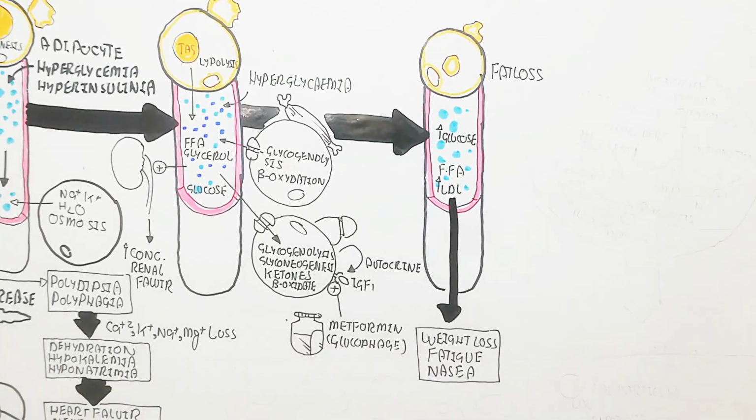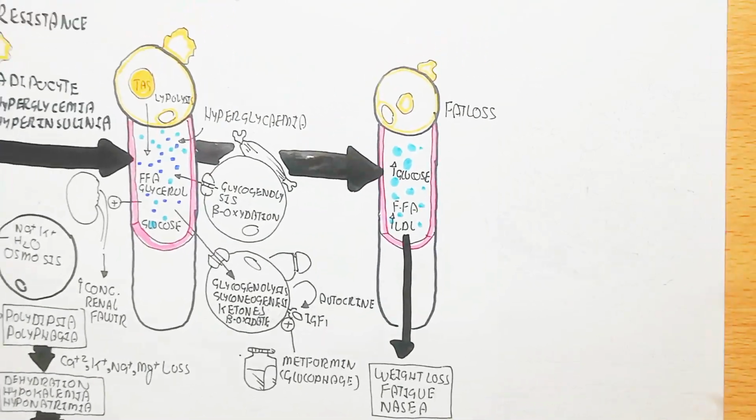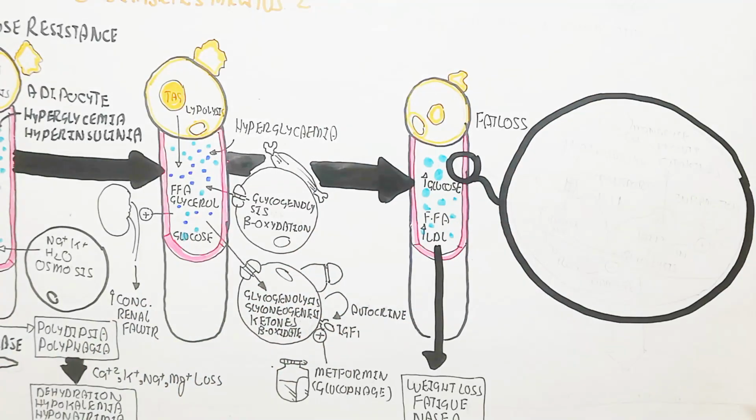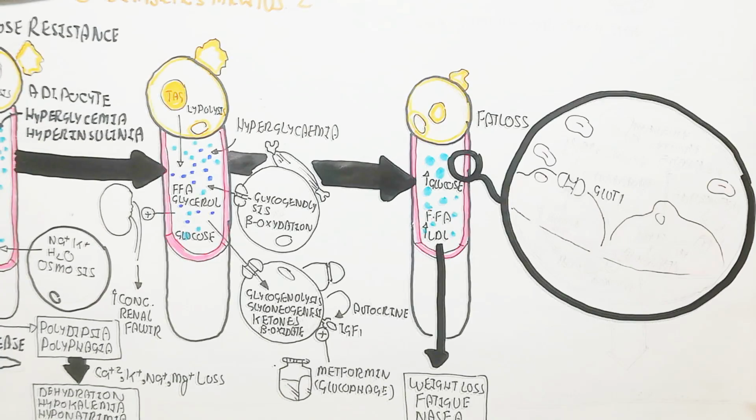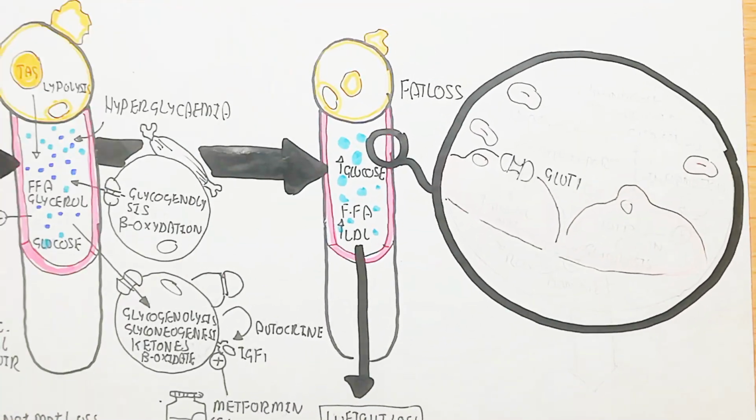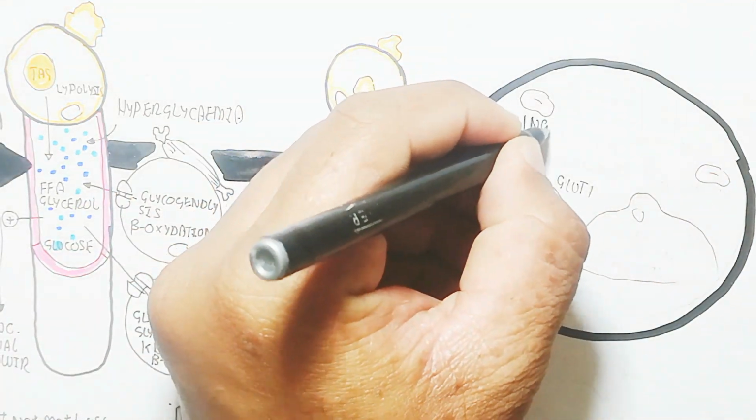LDL will increase, leading to fat loss and fatigue and nausea, because the LDL is used as energy for production of glucose, but that glucose will ultimately be urinated. So all things will be urinated due to the glucose problem, due to the insulin receptor problem, is known as